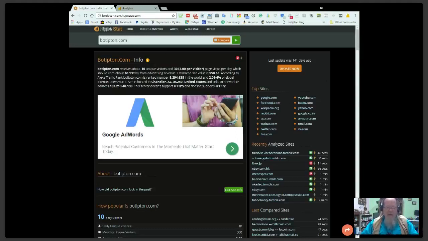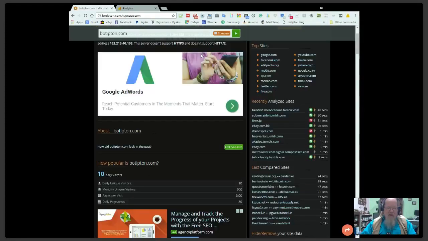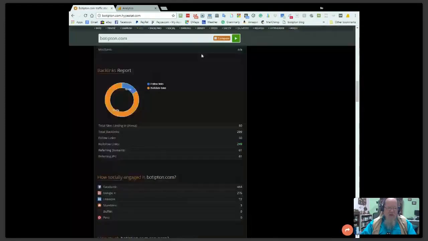All you do is come in and type in your site name and click this green arrow. If your site's fairly new, it may say your site is not listed in the index. Click whatever to index it so you can get it. And all you do is just click this same button one more time, and then it will pull up. Now what you're looking for is, if you scroll down, way down here, where this little ring is, there are your backlinks